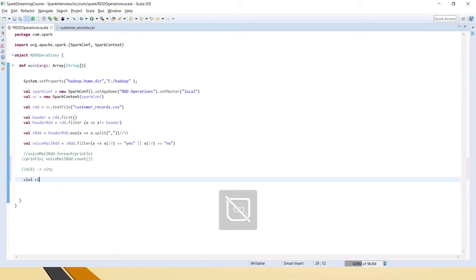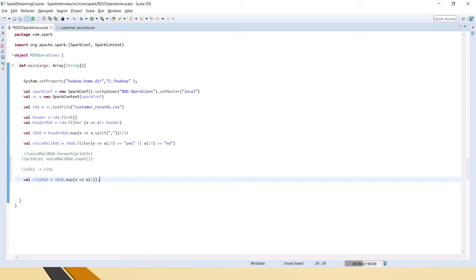Let me create one val, city RDD. RDD dot map x to x of 6. Now we have got the entire cities.